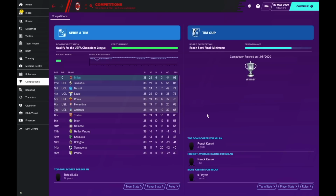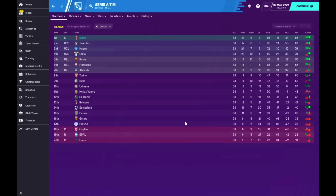in that cup competition. So now if we look at the actual league table, we played 38 games, winning 29 of those, drawing 6, losing 3 games, only scoring 65 goals, but conceding only 21, which was the best defense in the league. That goes to show how solid we actually were, getting 93 points,